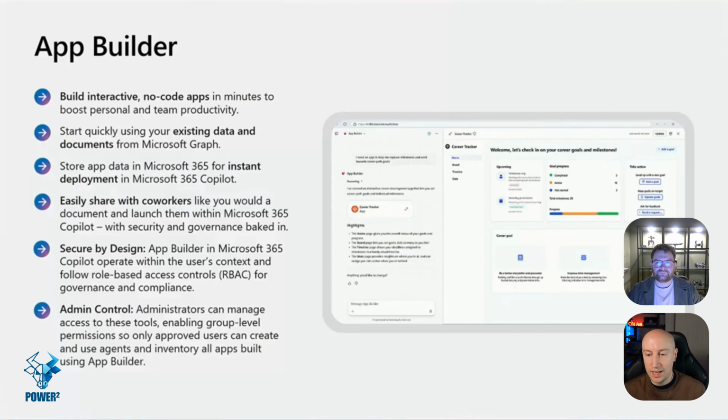You can't use connectors with it. It's Graph and it's SharePoint, and that's your lot. So this is really based on personal productivity style apps, really simple, focused on one particular thing, and almost throwaway apps, I suppose, is a nice way to think about it. That's interesting. It's going to be, as you said, kind of personal productivity scope then.